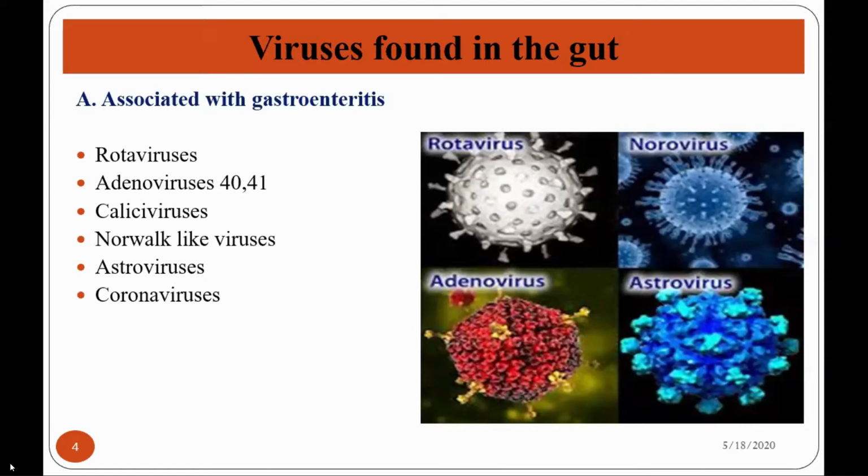Poliovirus is present in our gastrointestinal tract. There are other viruses also, like Coxsackie virus, which can be found in our gastrointestinal tract, and these viruses are not responsible for viral gastroenteritis. To remember the viruses responsible for viral gastroenteritis, there's a mnemonic: RNA square C square. R for rotavirus, A for adenovirus, another A for astroviruses, then R N for Norwalk-like viruses, and C squared for caliciviruses and coronavirus.